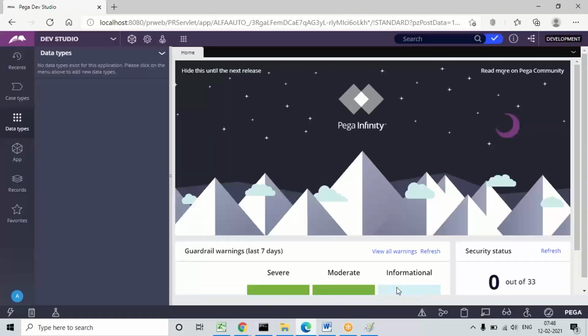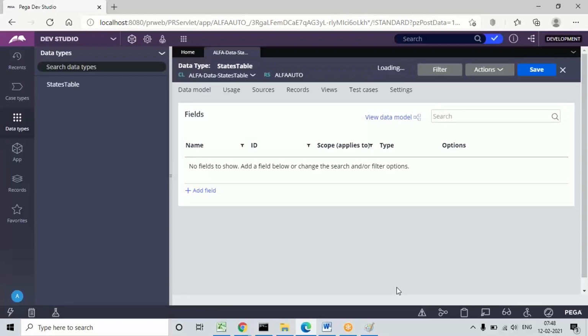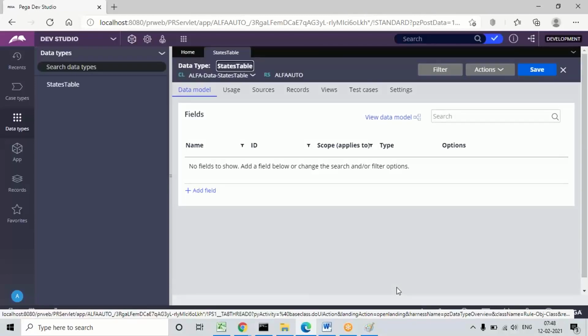So in the background, this class will be automatically created. The class type will be concrete, does not belong to class group, and the wizard will open. Your data model, the property wizard, is there, where you can give the list of properties in the class. It will open the wizard, and what fields or properties are required in this table, we have to give manually.